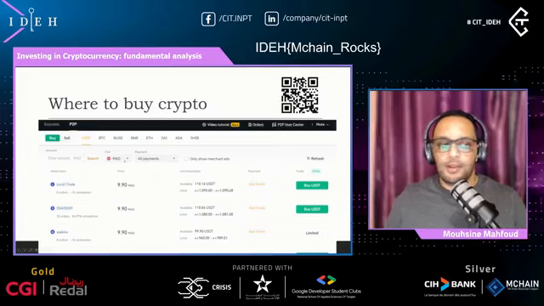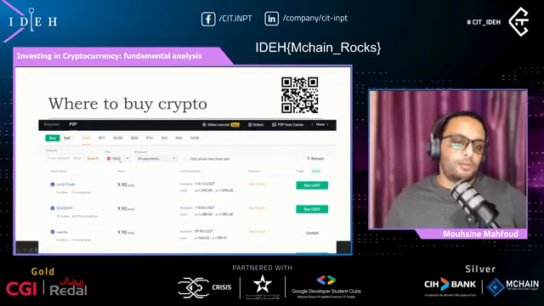Okay. For instance, this one is the peer-to-peer platform that is based on Binance. So you can go there and check the peer-to-peer prices there. So you choose the crypto or the fiat. Fiat is the local currency that you want to use. This is not crypto. This is the real-world cash that we use on a daily basis. I shouldn't have said real-world cash, because crypto is getting more adoption.